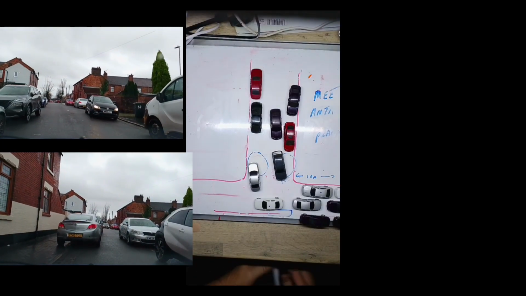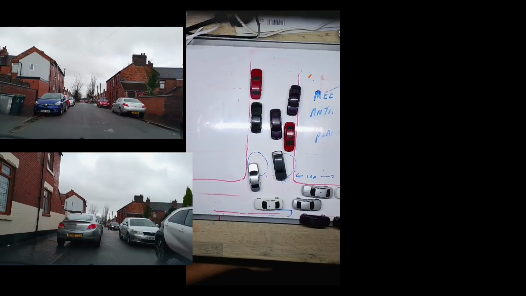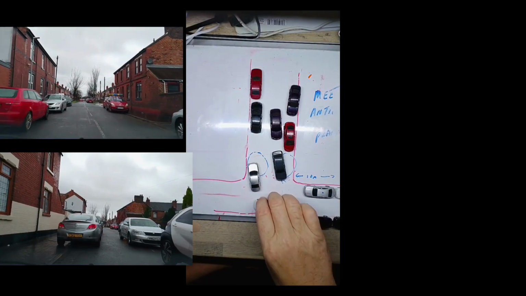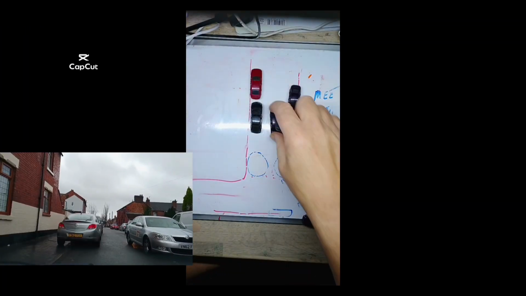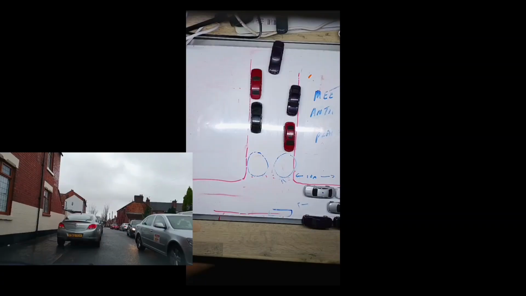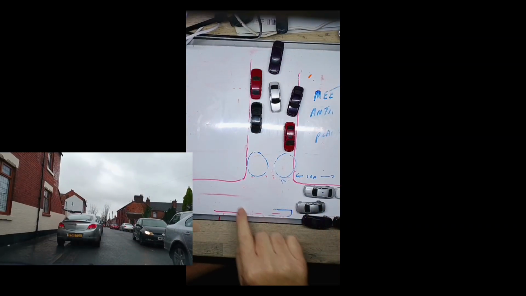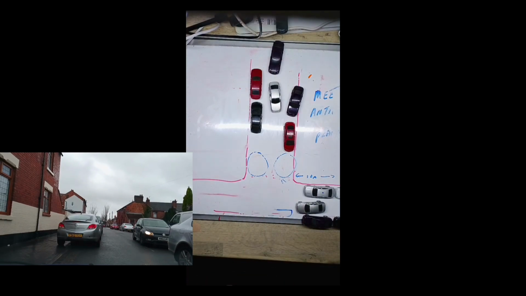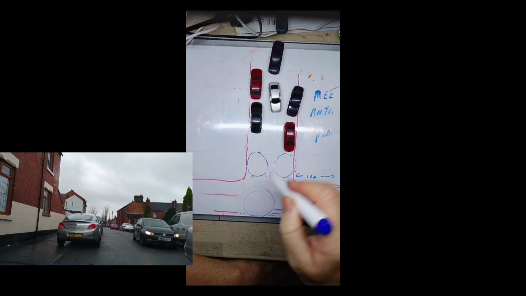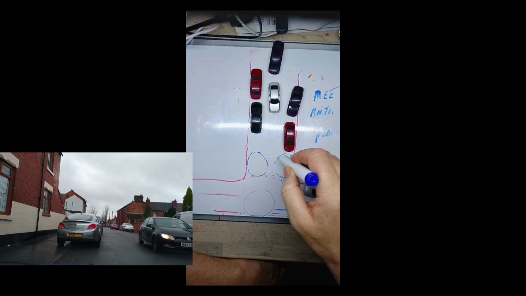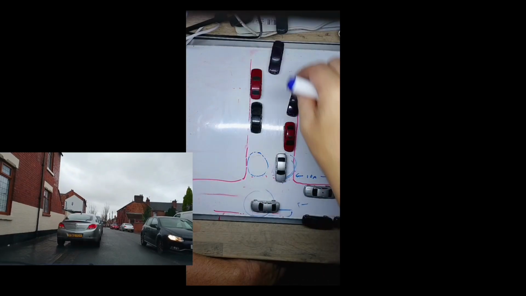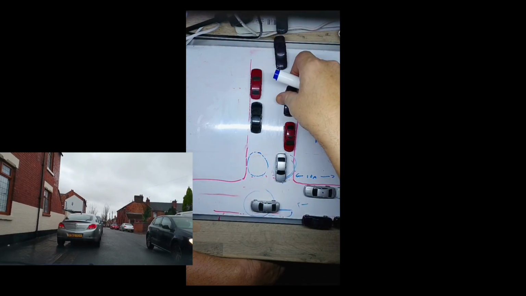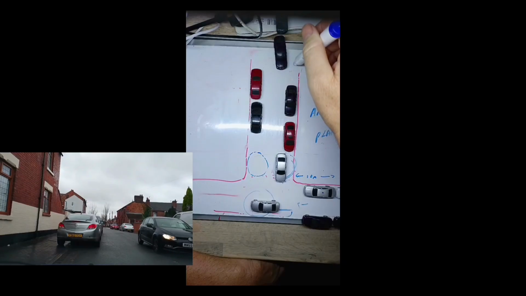So what should have happened, and we'll go back to what should have happened to stop all this from happening in the first place, is I had my space here to complete. So I'm happy to come down here and I've got my space here. You can see it here. So I'm okay with my space. The silver car here has got their space here. So they would have gone into their space and I would have gone into mine. And the one here hasn't got space. So it should have gone here.